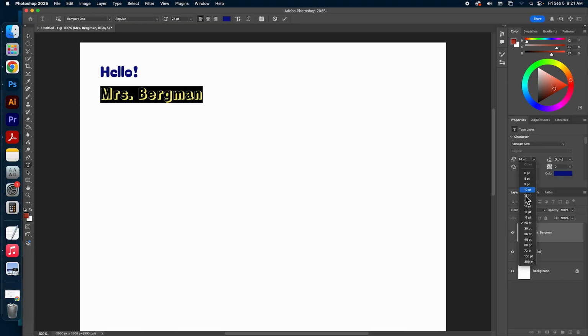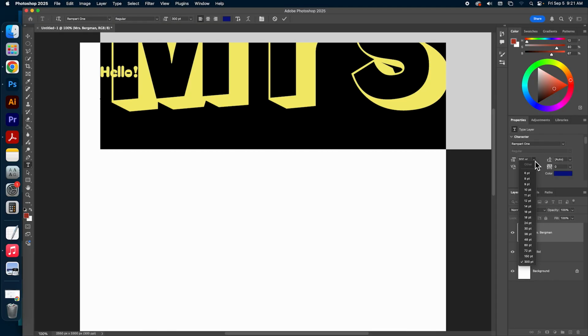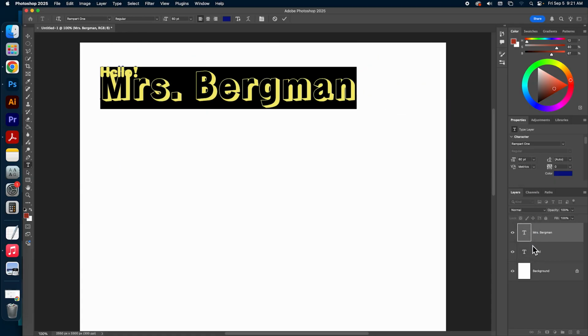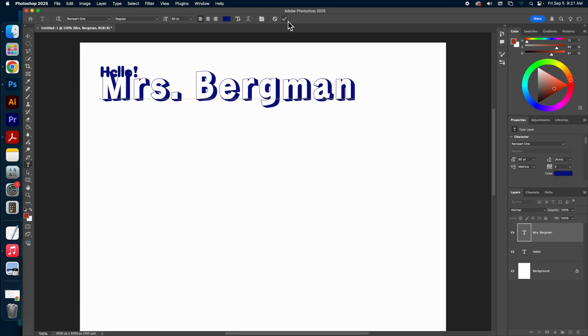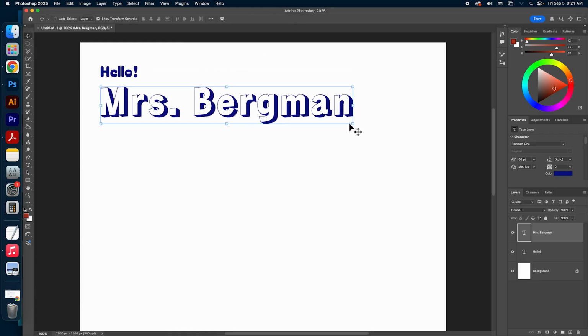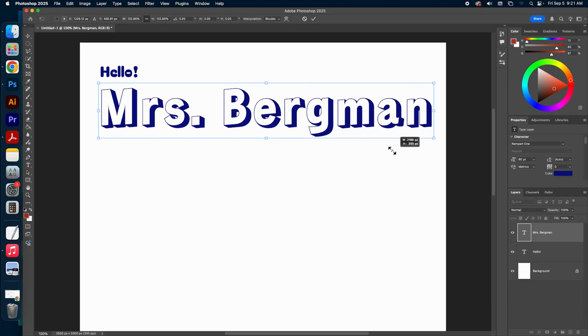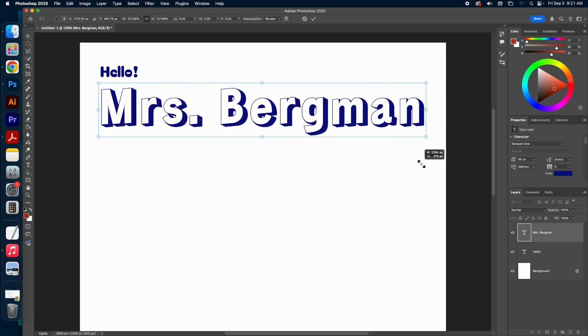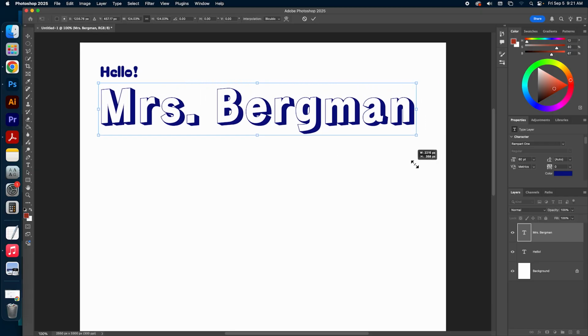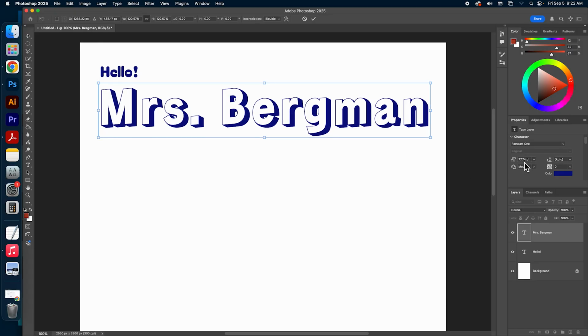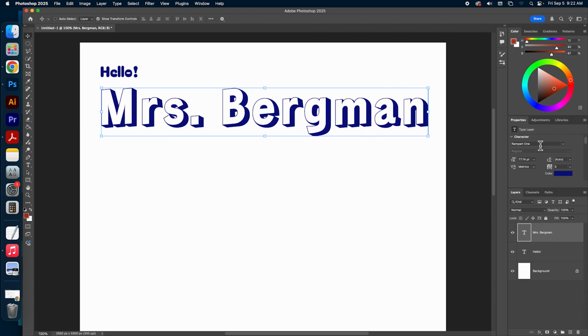So if I want to change the font size, there are these set font sizes. It goes up to 300. I can do it that way. I can also, using my move tool here, just click and drag with the free transform box. And you'll see that it does automatically update the size.